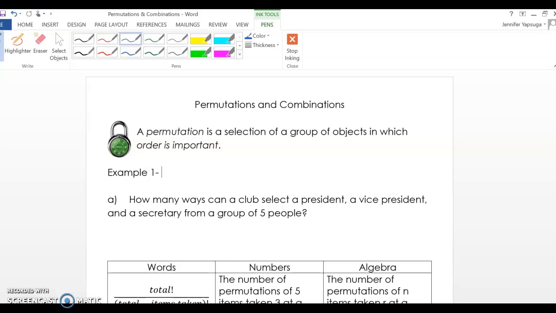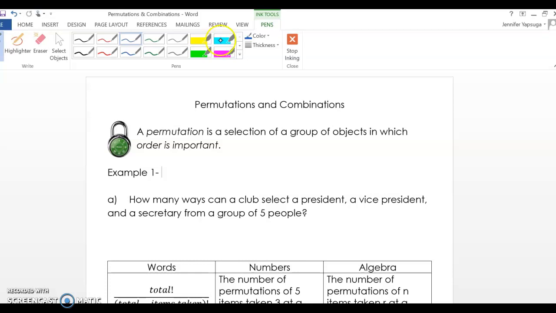We are going to be looking at permutations and combinations today. So I hope that the assignment yesterday was helpful in terms of practicing the counting principle and practicing factorial. Those are two skills that are going to come in handy as we take a deeper dive into combinations and permutations. So we're going to get started with looking at the difference between the two, and we're going to start off